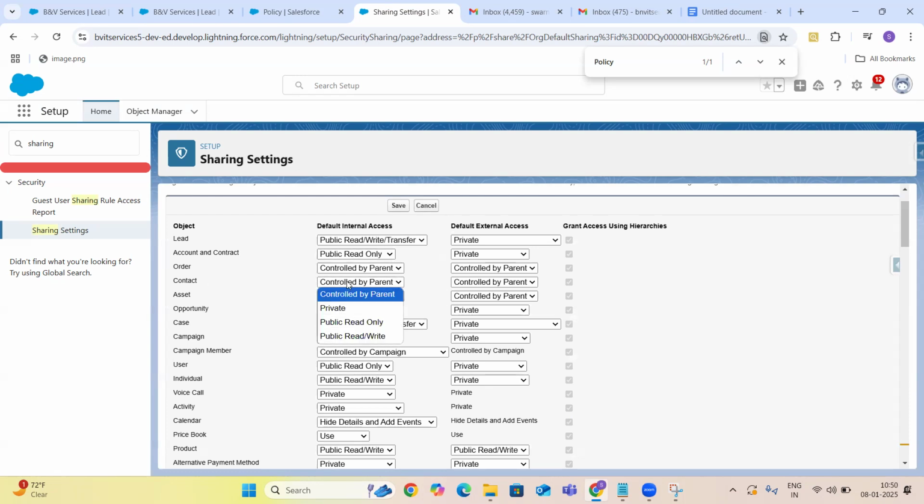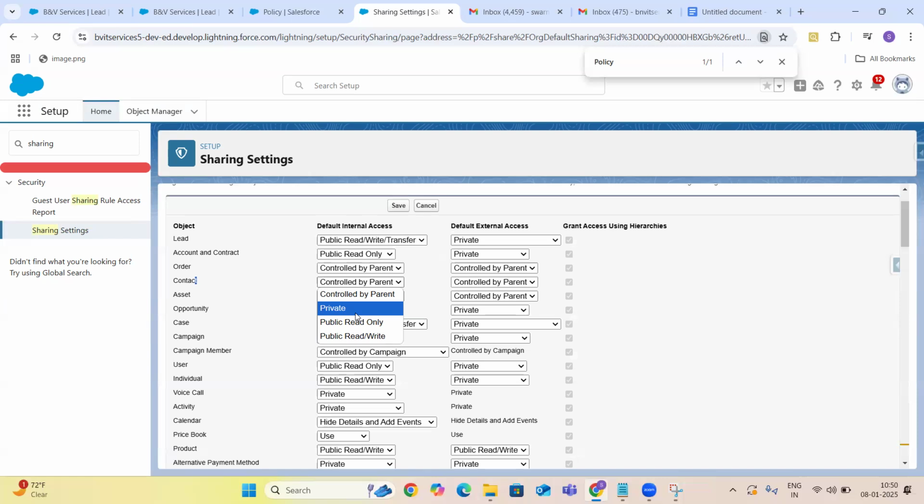Then you might have another question. Contact is also like a master detail, right? It was saying controlled by parent, yet it has the availability to change the records, then why not for the policy records? So guys, if you see, contact and account have the lookup relationship, but it behaves like a master detail.